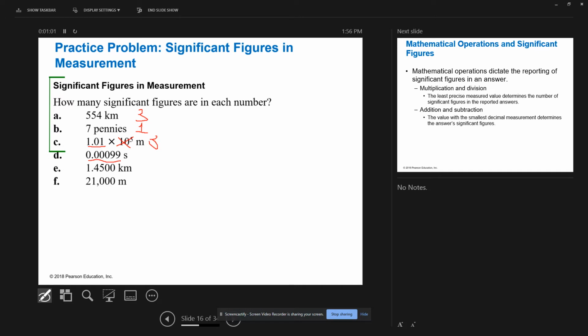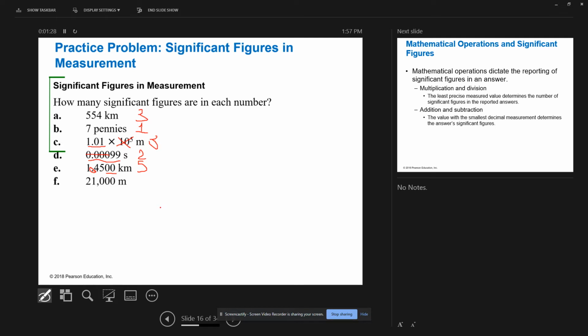Here, I have four leading zeros. They're just placeholders. So I have two significant figures. In E, I have a decimal, so that makes a difference. These are trailing zeros, but trailing zeros in a decimal number do count. So I have 1, 2, 3, 4, 5